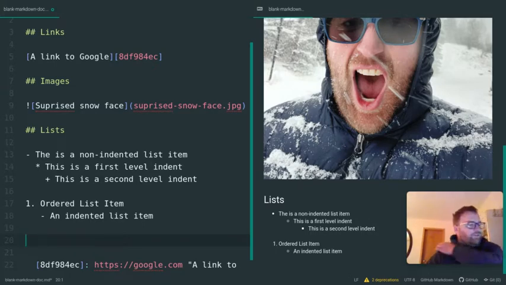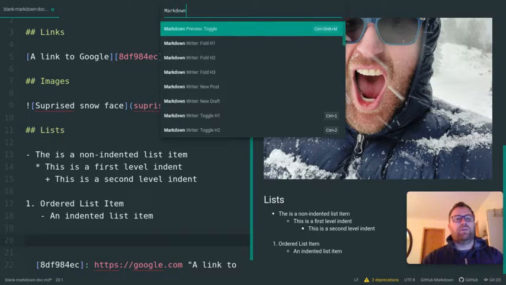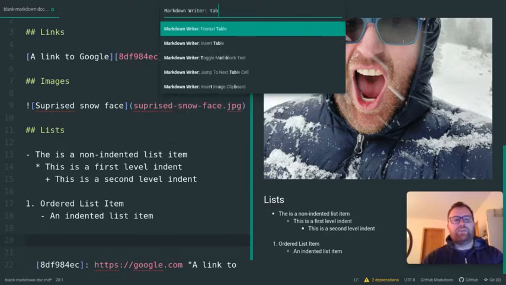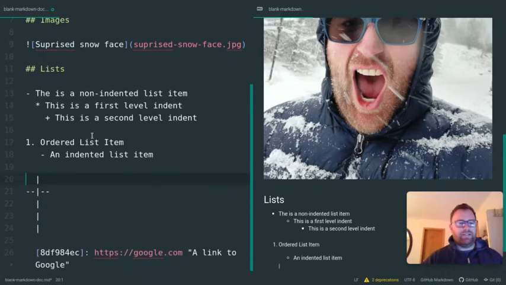Okay, this is a cool feature, tables that they have in Markdown Writer. So I can insert a table. So I'm going to do Control-Shift-P, bring up my command, type Markdown Writer, and if I spell it correctly, and then do something like table, and you'll see, oh, I have insert table. Let's click on this one. So I can have 3 rows, 3 columns. Let's do 4 rows and 2 columns. And we'll insert